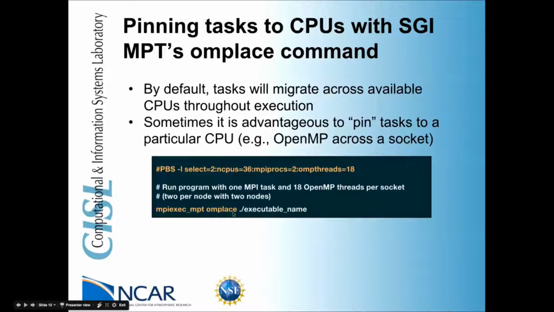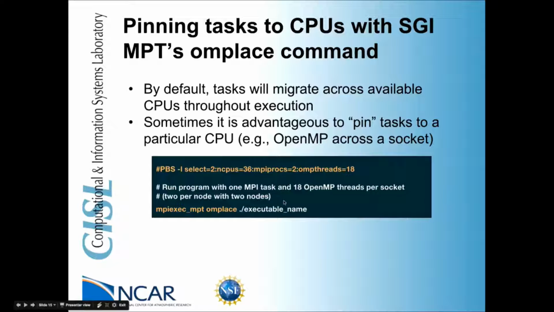So omplace will basically take my resource statement here and make sure that all is set up in an optimal way. Because of course I don't want both of my MPI processes on the same socket and some amount of threads on a socket, that's not what I want. I want one MPI process on each socket and 18 OpenMP threads per MPI process. So omplace will make sure that happens in a logical way, in the way I've set up. And omplace will also make sure that those threads and those MPI tasks don't move around, because I want them to stay where they are, because that's the best for the way I'm using my